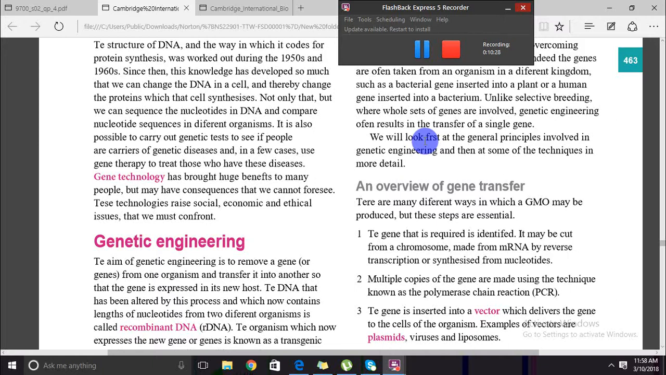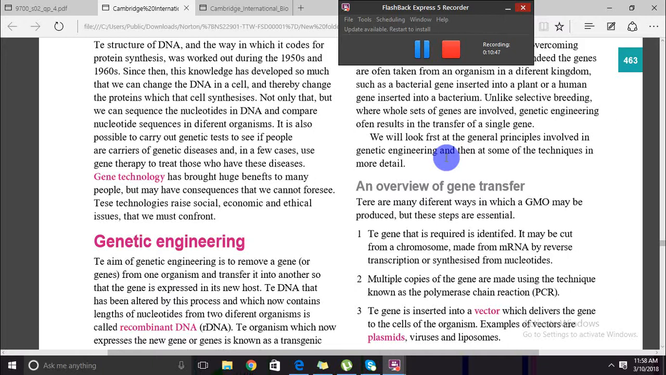And I often suggest that you actually write down these definitions and these key points when you are learning, because you often forget otherwise. So recombinant DNA